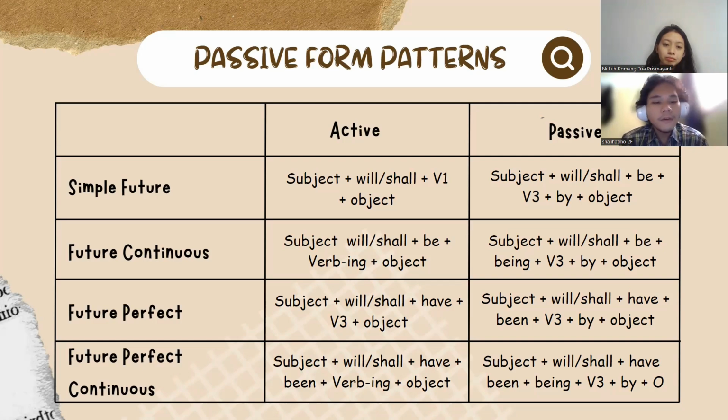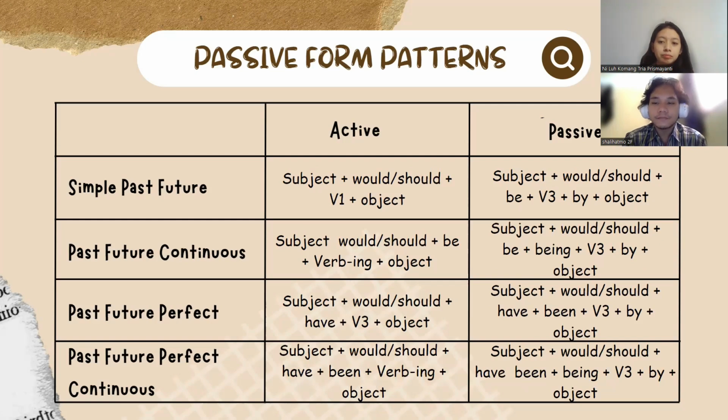And future perfect continuous, active: subject plus will or shall plus have plus been plus verb ing plus object. And passive: subject plus will or shall plus have plus been plus being plus verb 3 plus by plus object. And the next,